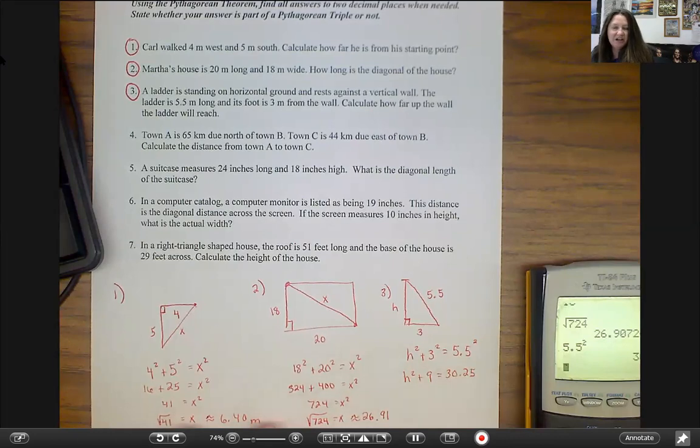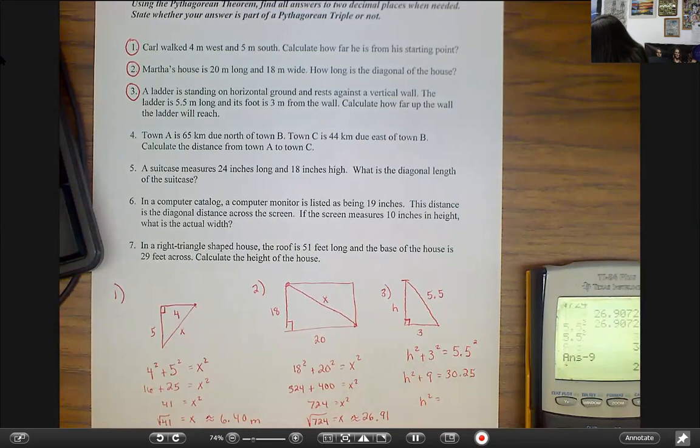Don't round anything off in the middle of your problem. Wait until you get to the end. So now I'm going to subtract 9 from both sides, and I've got 21.25. And then the square root of that value would give me approximately